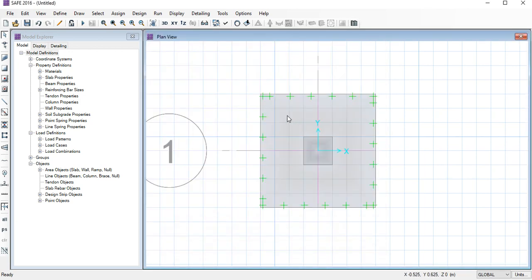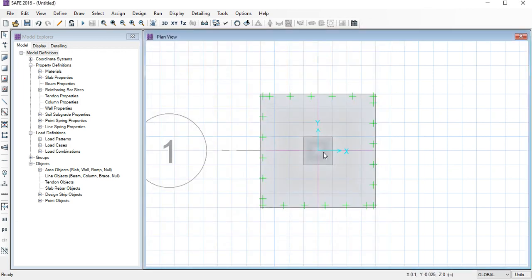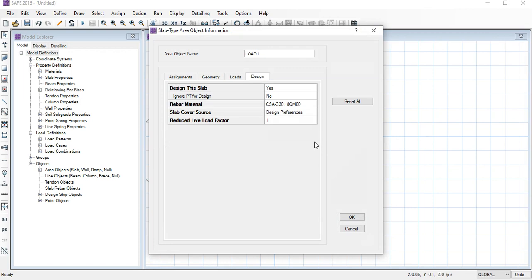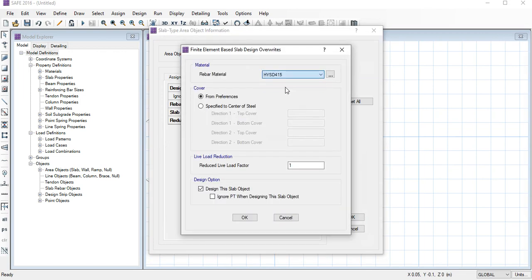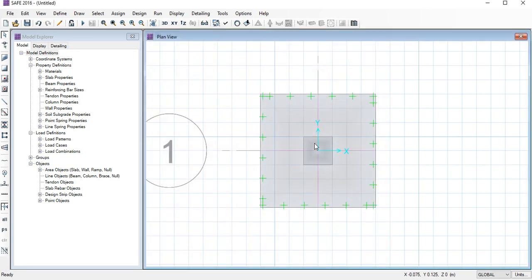And also we have to define the steel bar for the footing. So you need to click on the option Footing. Here is the Design option. The same thing I have defined earlier, and you need to click here on the column option, and after that you can also define the steel bar for the column, and all the things I have defined. So after defining all the things, you need to go for the analysis. Here is the option Run Analysis, so you can do the analysis.